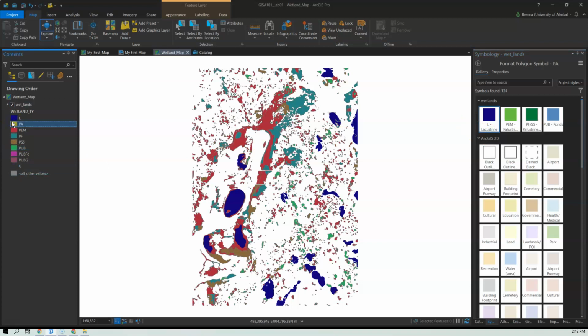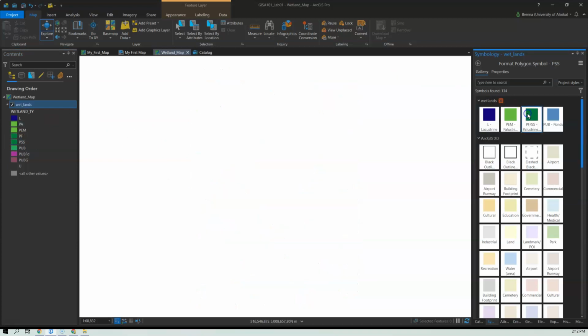If I want to move on to the next one, I can just come over into my catalog and click. You want to see this kind of flash at you. Sometimes it doesn't seem to switch layers immediately, but then we'll just apply the color to the next one. And now I'm going to go to my PEM layer. I have another color here for forested and scrub shrub layers. So when I get to my forested layer, I'm going to switch colors. And I'll do the same thing for scrub shrub.